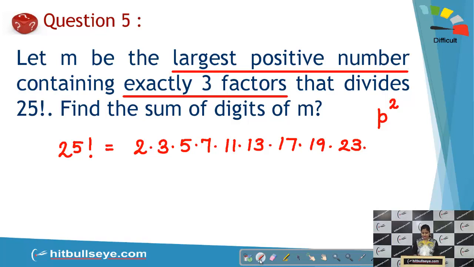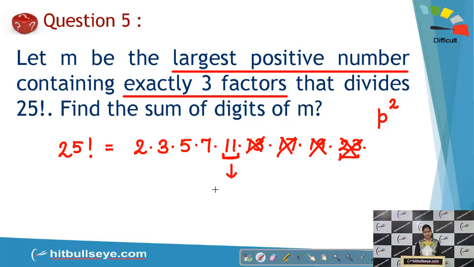That's why we'll start with the biggest prime, that is 23. But the highest power of 23 in 25 factorial is 1 only, because 23 appears in 23 only. Similarly, we cannot take 19 because 19's highest power in 25 factorial is 1 only. Similarly, we cannot take 17 because the highest power of 17 in 25 factorial is 1 only. Similarly, we can reject 13, but if we take 11,